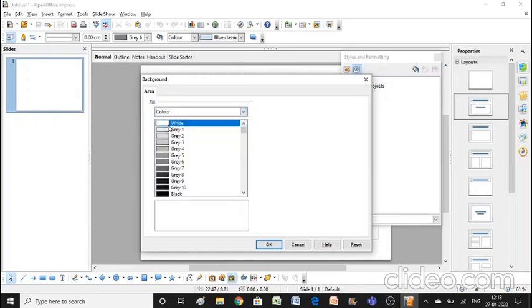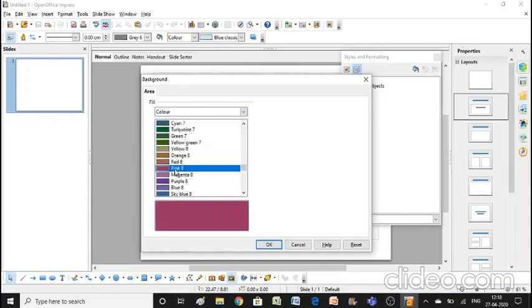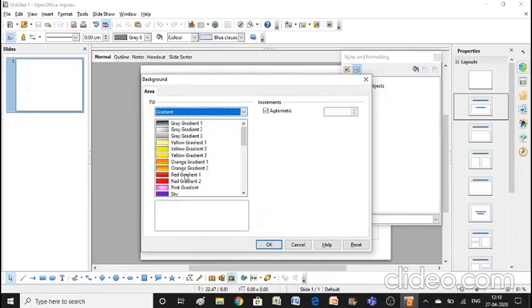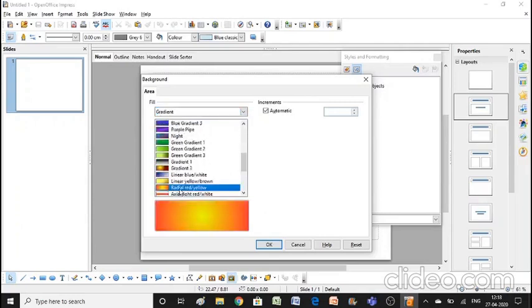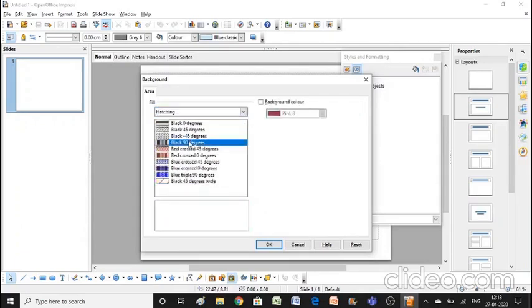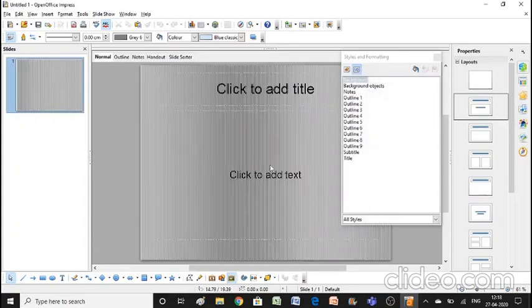Say for example I have taken color, and from the color, you can take any particular color, or if I want to take gradient, then this type of fill is available. Or if you want hatching, different options are available. If I select this hatching and I click on OK, this is the design available on my slide. Okay. So the other method can be